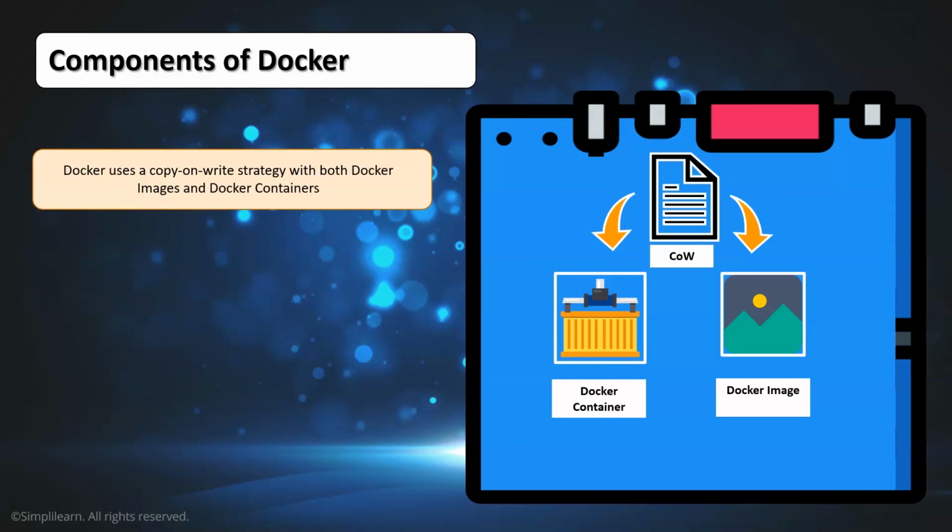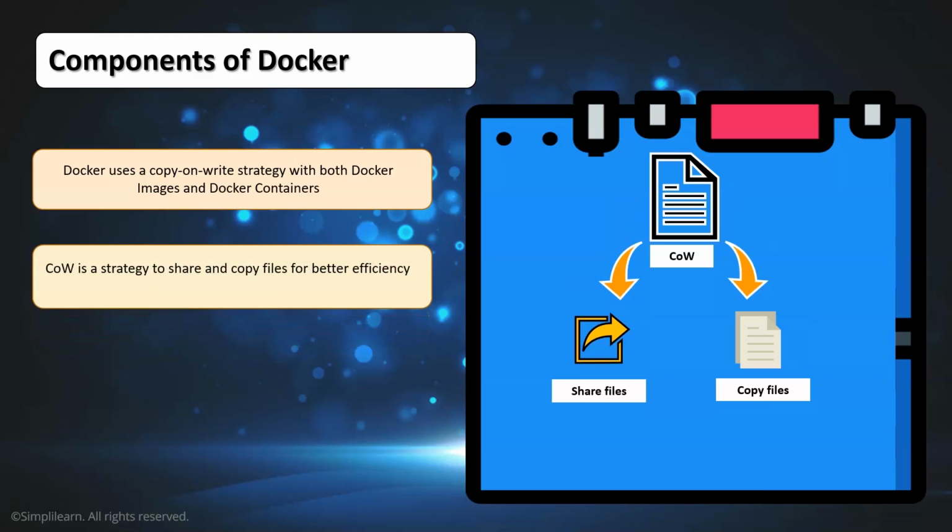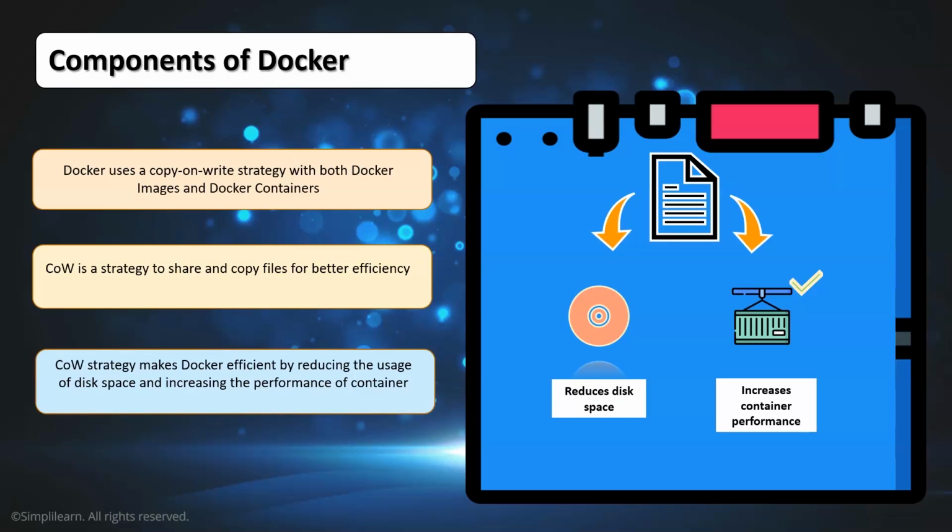Now Docker uses a copy on write strategy with both Docker images and Docker containers. Copy on write is a strategy to share and copy files for better efficiency, so it is used to increase the overall performance of Docker containers. It also makes Docker efficient by reducing the use of disk space, because only whenever needed,